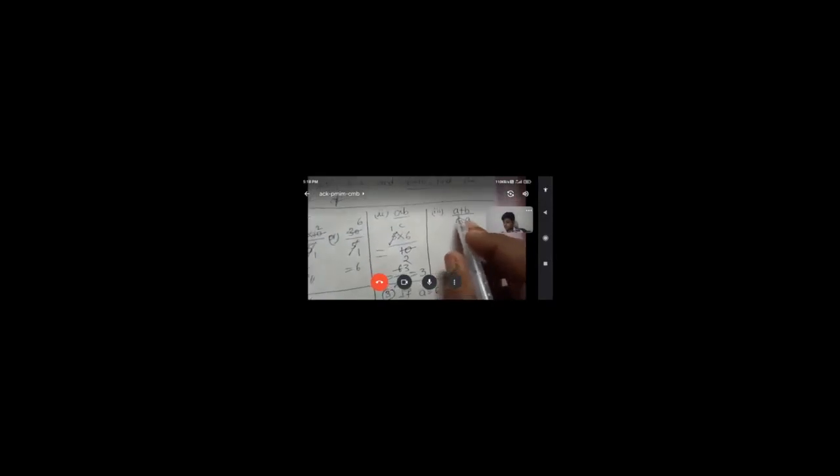Next one is A plus B by C minus A. This is the third bit. Have you understood? Second bit AB by C, 3 we got. Next one is A plus B by C minus A. What is A value? 5 plus B value 6, C value 10 minus A value 5. So here don't do direct cancellation, because in between we have a plus symbol. So first we have to do addition. 5 plus 6, 11, by 10 minus 5, 5.